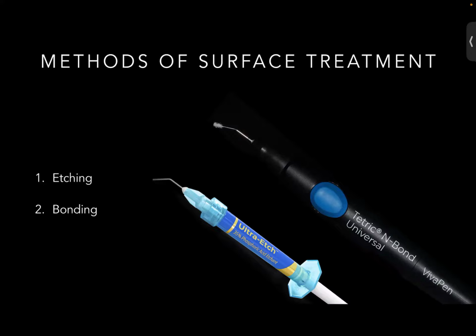There's something called Scotchbond, which claims to be a single step universal primer, and when you just add a lot of things to that, that just does not very much satisfy me. I need to see the frosty appearance after etching. I need to etch properly. I need to feel that tactile agitation when you're using the bonding agent. So I prefer doing this, and we are going to understand about etching and bonding and the correct method of